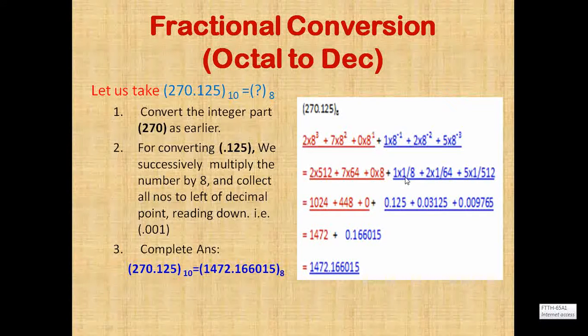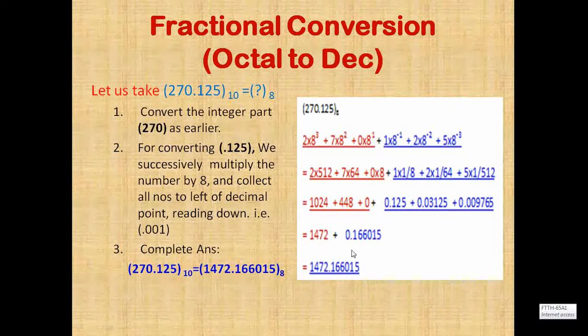Similarly, 1 upon 8 becomes 0.125. 1 upon 64, 2 into 1, that is 2 upon 64 becomes 0.03125, and 5 upon 512 becomes 0.009765. And when we add the integer parts, it becomes 1472, and the fractional part becomes